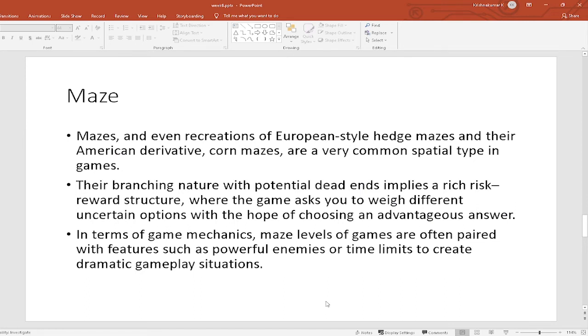So mazes, even recreations of European style hedge mazes and American derivatives, so corn mazes, are a very common type in games. In movies, you would have seen corn symbols. Many thriller movies have been shot in cornfields because it actually hides the visual. So that branching nature with potential dead ends implies a rich risk-reward structure where the game asks you to weigh different uncertain options